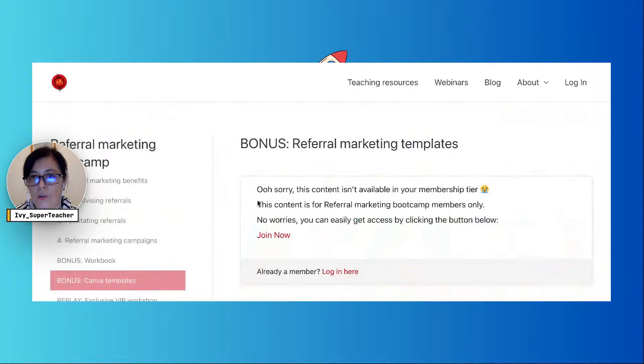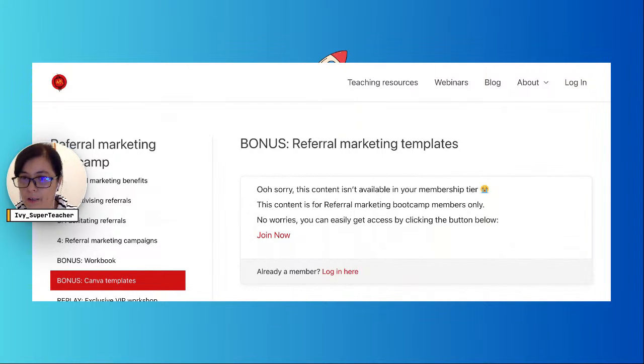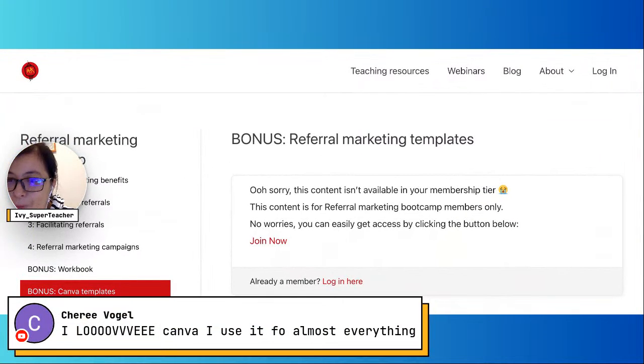Let me just show you. Oh, I'm not logged in. Have I shared the link? Let me just check. If I haven't, I'm going to share it again. Oh, Sherry says, I love Canva. Same. I use it for almost everything. Perfect. You're super creative. You also create your own amazing resources. If I were you, I would definitely use my own self-created also, because they are so good. I had the chance to see them.